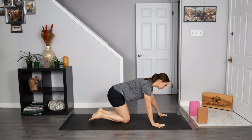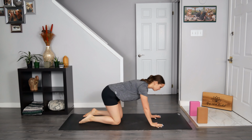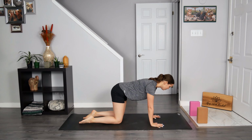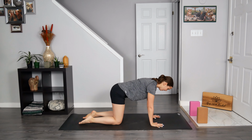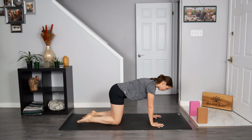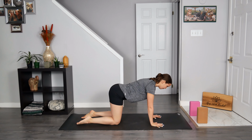We will meet in a tabletop position. Take your time getting there. There's absolutely no rush. Sometimes balance to me means taking my time with certain things that I am doing, especially in the transitions. Okay, whenever you arrive there, walk the wrists underneath the shoulders and the knees underneath the hip points. Press into the tops of your feet, press into your fingertips, and then rock that pelvis forward, creating length